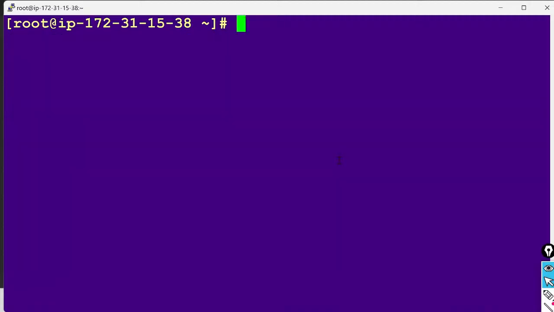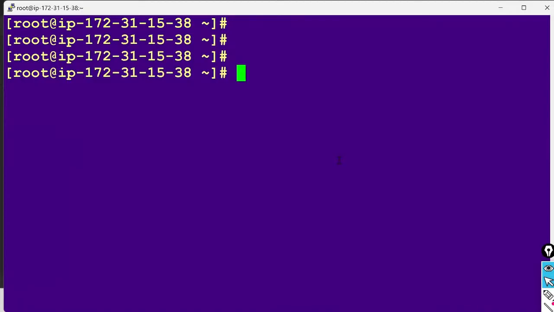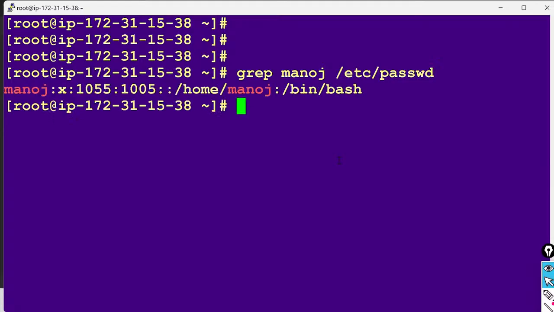How to check a specific user's details, sir? grep Manoj /etc/passwd. Press enter. Yes, 1055. That's all. Like that, Manoj's user ID is changed.